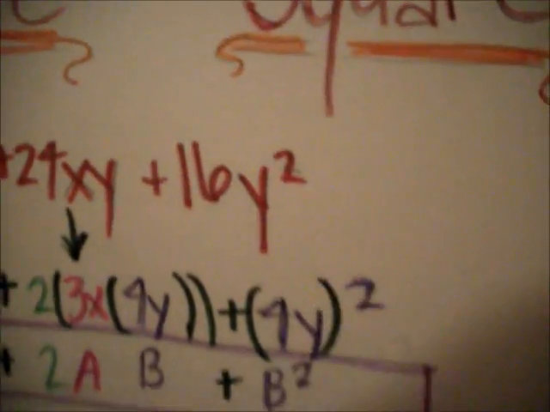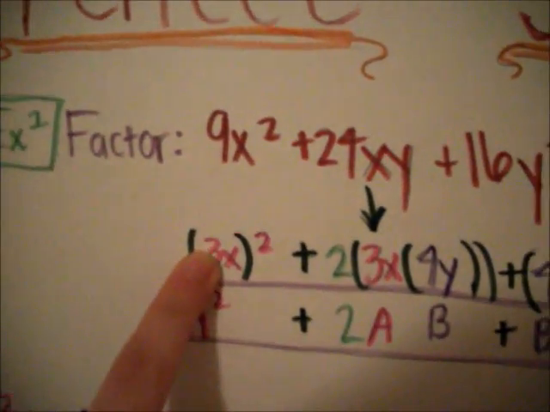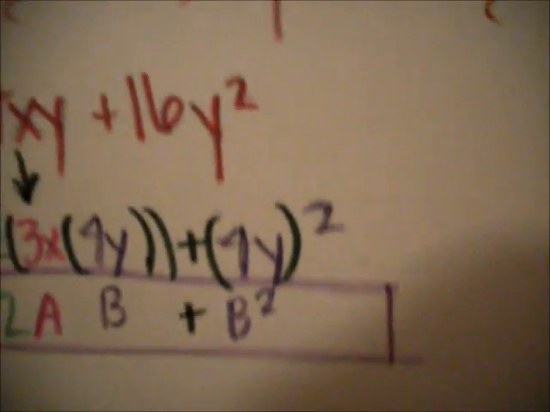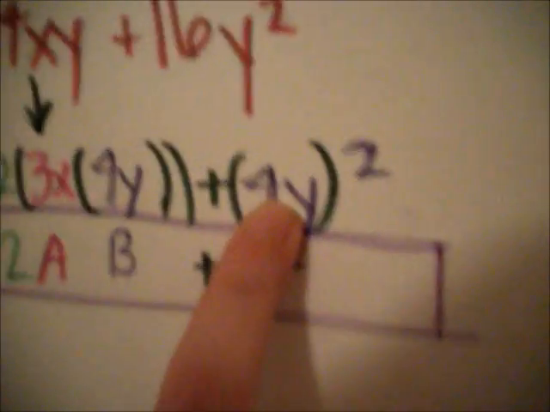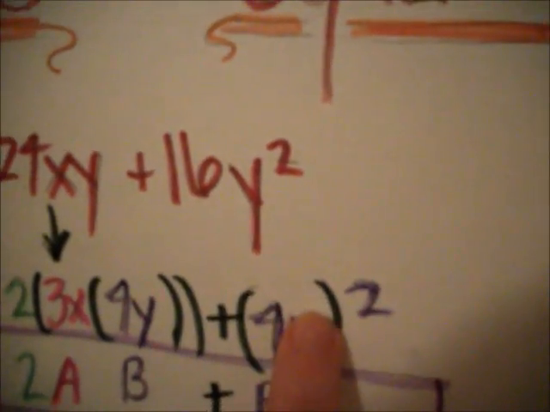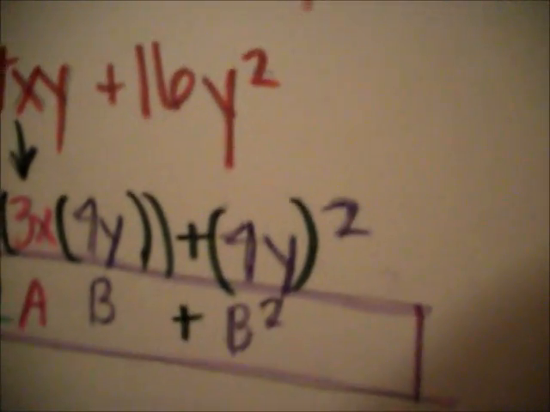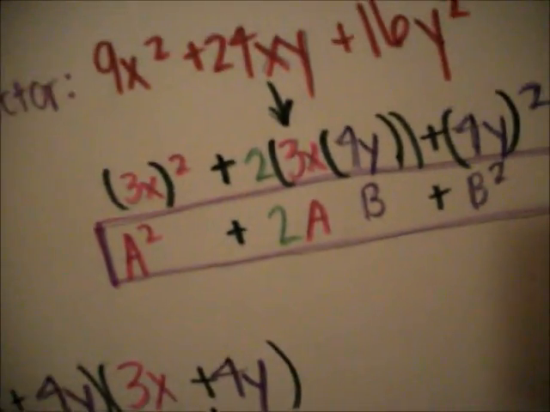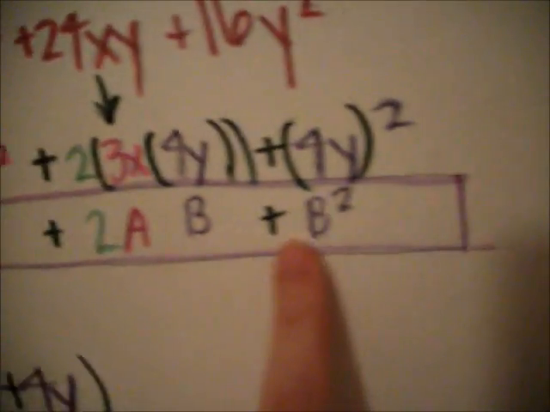Now, with the last term, just like with 9x squared, we had to find something to square, which is a squared. We do the same thing, but we're going to call this b squared. So, I can put 4y in here because 4 squared is 16 and y squared is y squared. So, we're going to call this b. Okay, and I noticed that when you factor this formula out, it can equal